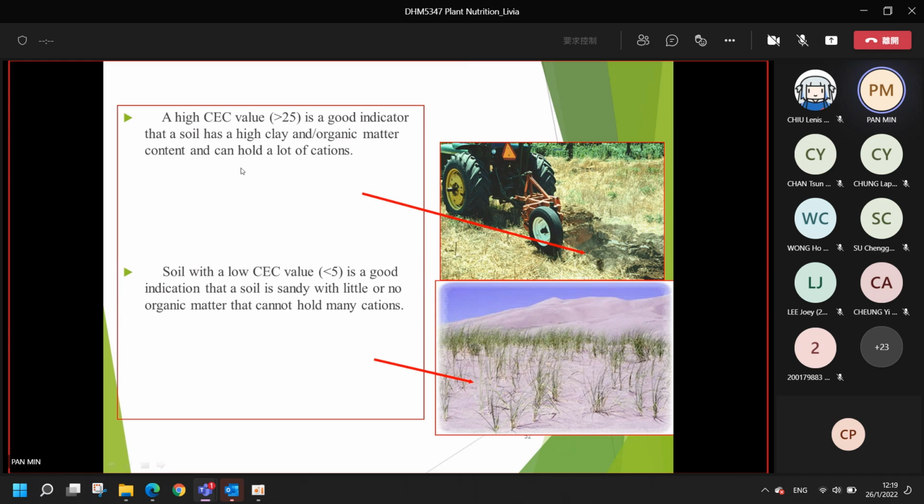Here you can see that a high CEC value is a good indicator that the soil has high clay and organic matter content, and it can hold more cations in the soil. A soil with a low CEC is a good indication that the soil is sandy,